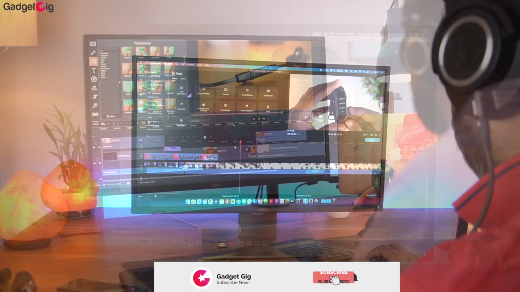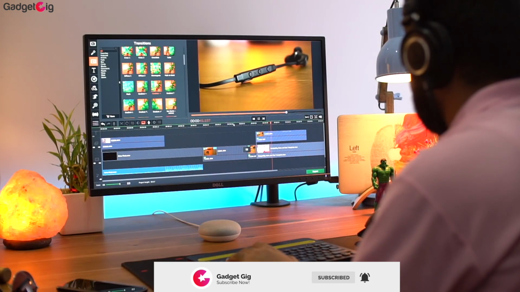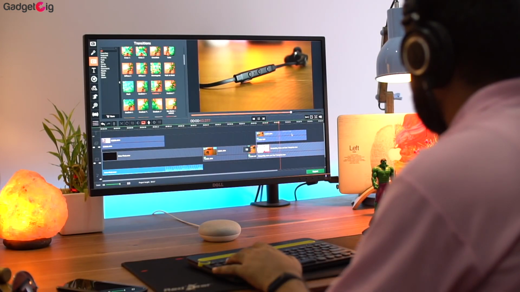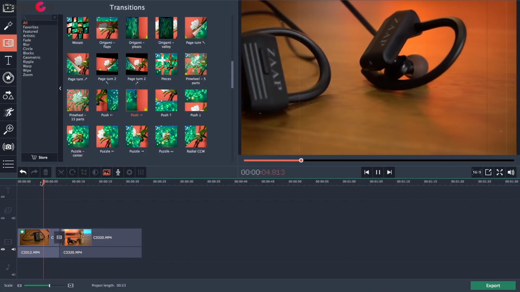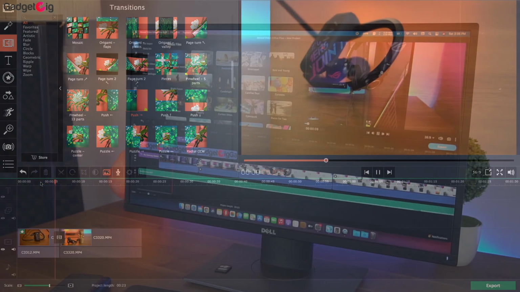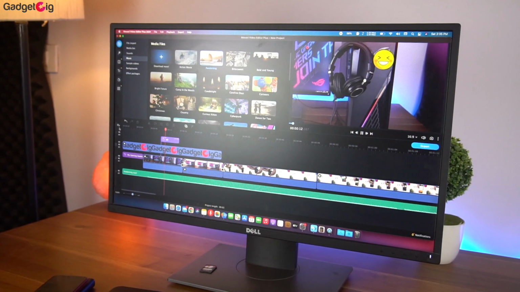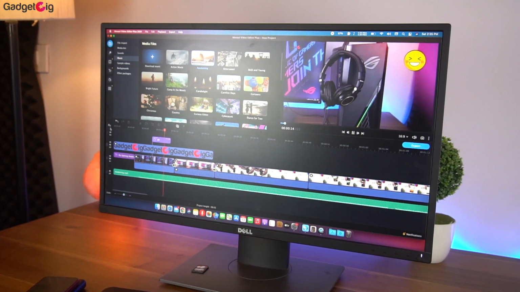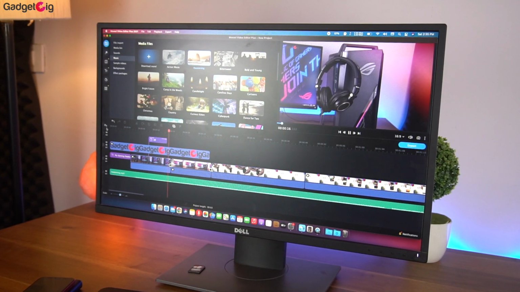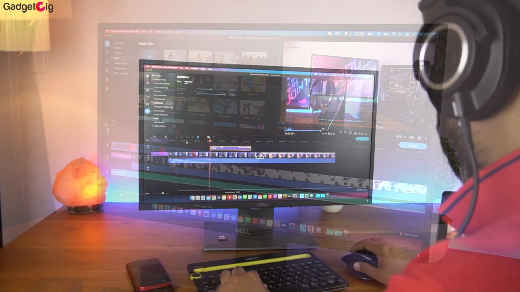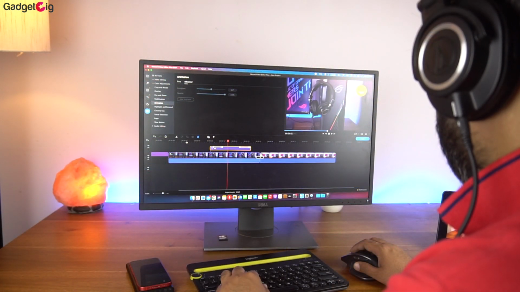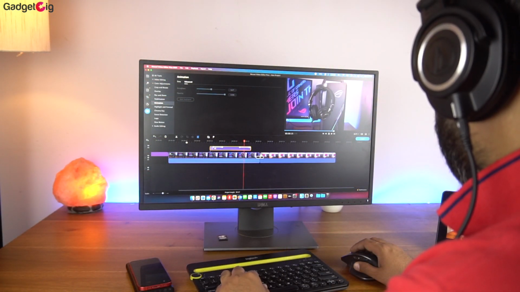Couple of years back we showed you the most affordable video editing software which you can use to start editing your videos in a quick and easy way. And that was the Movavi Video Editor Plus. And recently this editing software got an update and there are a lot of new features and the version name is the Movavi Video Editor Plus 2021. And today in this video we will be showing you a quick tutorial on how to use this editing software.